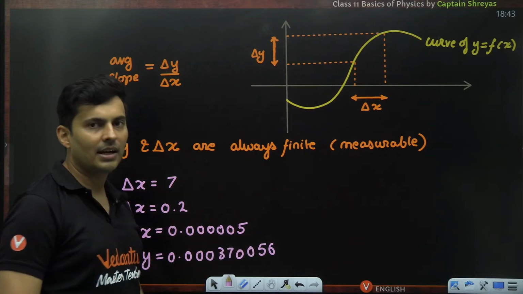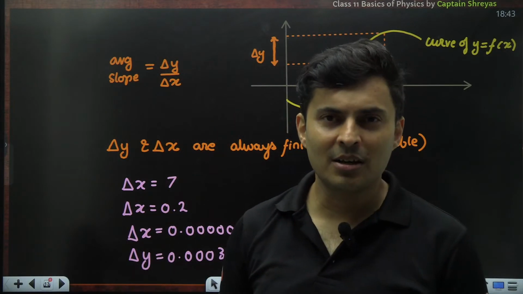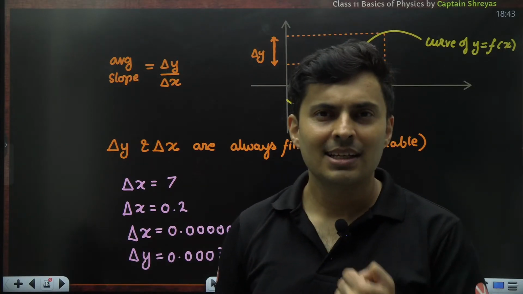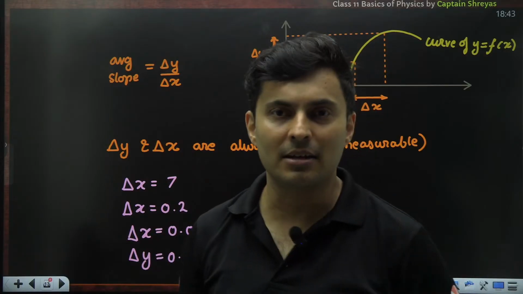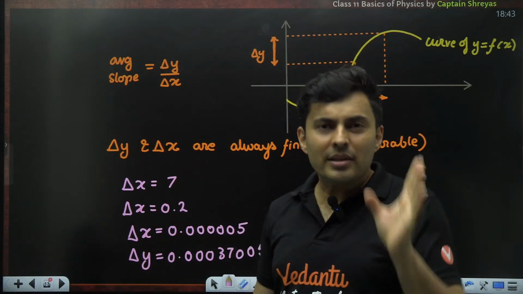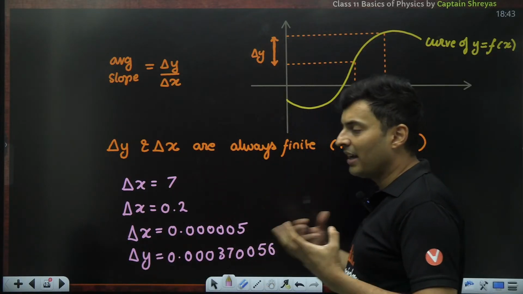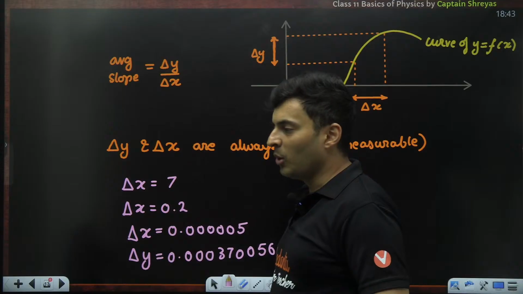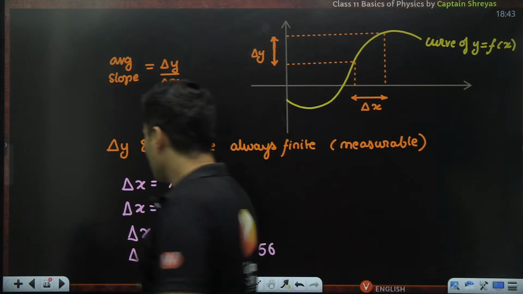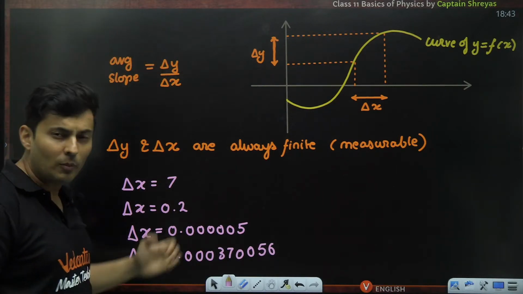Okay, all these are finite values, but there are some values which can't be measured, but there is a meaning in it, there is some sense in it. It's not represented by a number, it is having some vague value, but I know it is not this, but it is close to this. So that is where that infinitely small, infinitely large concepts come. Yeah. So imagine I now don't want to measure average slope. I want to measure